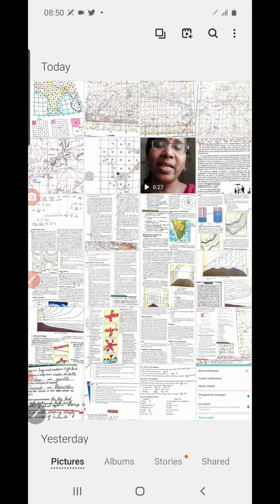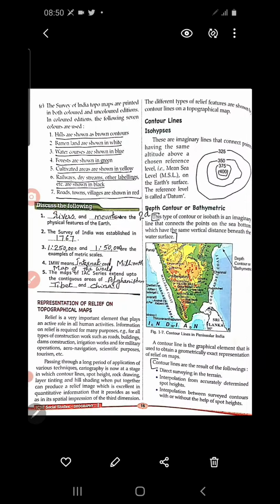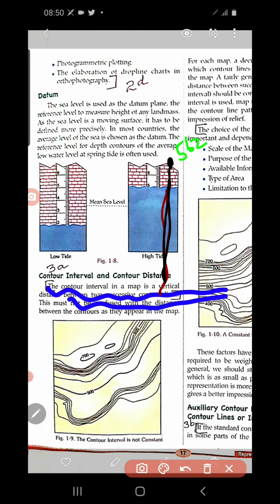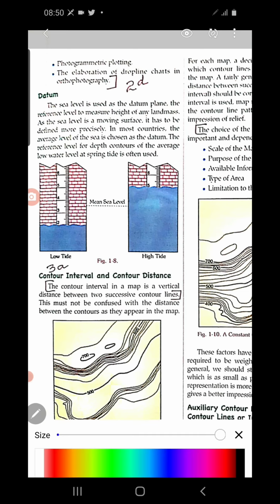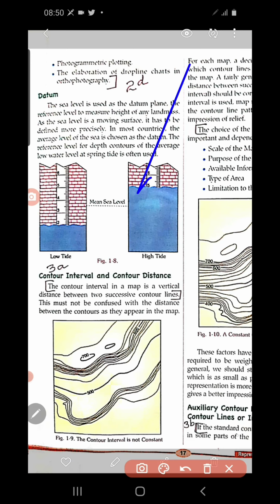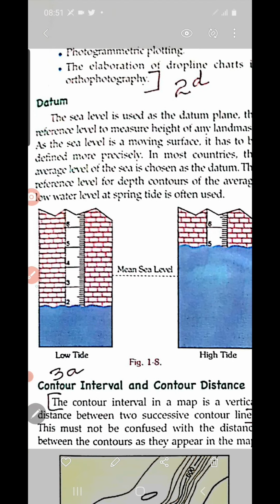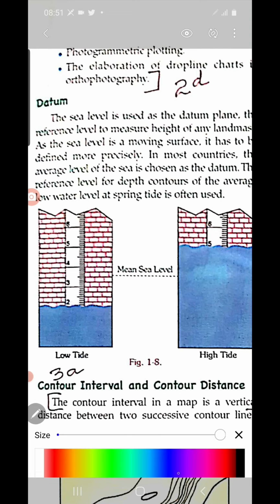And the next one we have to discuss is on the next page. Now, a few more points to be discussed here: photogrammetric plotting. What is photogrammetric plotting? They also depend upon photographs, not ordinary photographs. There may be some scientific method of taking photographs of those particular relief features. Then they also study that, and they may confirm that their study has not gone wrong, their surveying has not gone wrong. That is photogrammetric plotting.